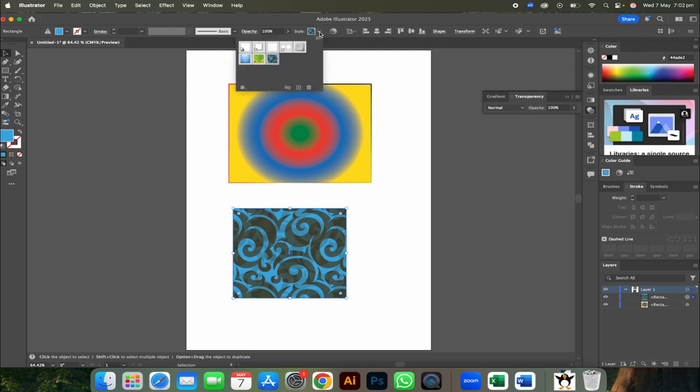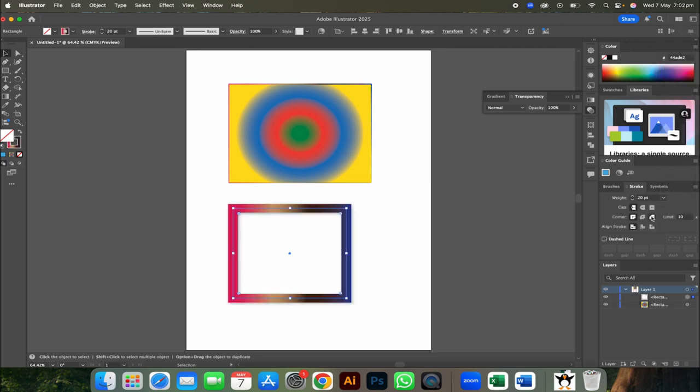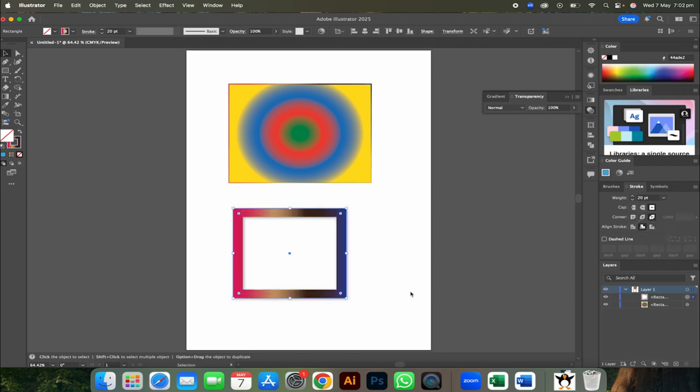Again, I'm just going to make it like this. Okay, and these are again stroke size, caps, if we need to change the caps, if we need to change the borders, these are for the corners. And if we need to change the alignments, like I need my stroke to be in the middle and my stroke to be on the outside. Like for this position I need,